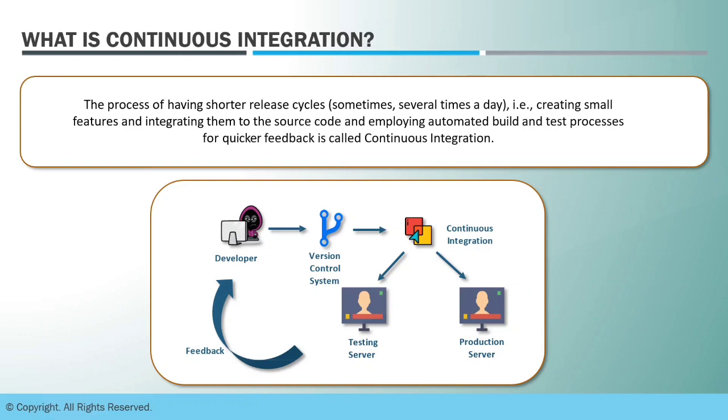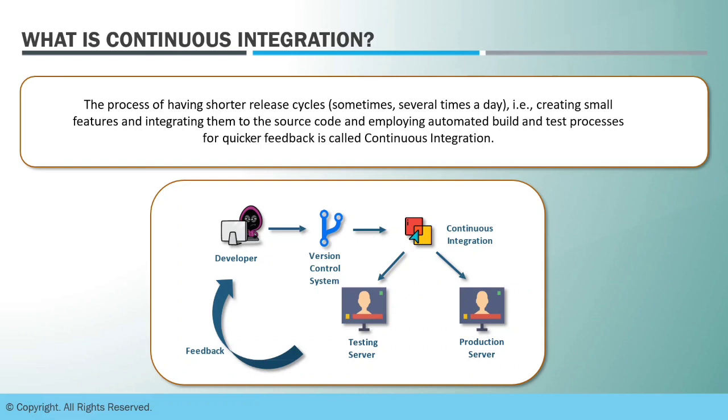Even for shorter changes they make to the software, they commit the changes to the source code repo like Git. From there, they want their software to be tested on endpoints like the testing server. Once testing is done, if there are bugs, the feedback is sent to the developer, and the developer works on improving the code and fixing bugs. Once the code is fully tested, they want their modules to be deployed on the production machines. This is done continuously, several times a day, when developers are ready with a module from their end.